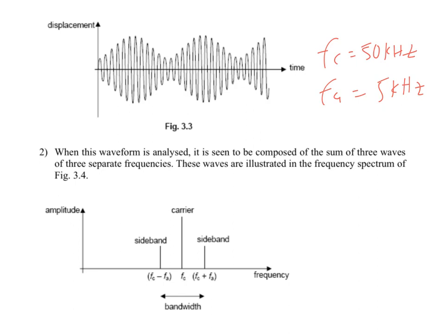So we modulate the carrier wave using the information, and let's say we get this. Then we pass it to the frequency analyzer. It will tell you there will be one wave of 50 kilohertz present with the highest amplitude. But also, there are 2 more waves hidden, which are FC plus FA, that means 55 kilohertz,